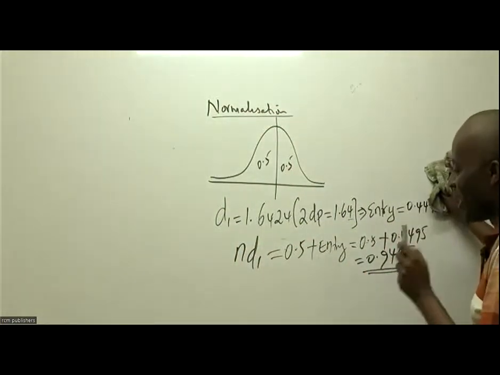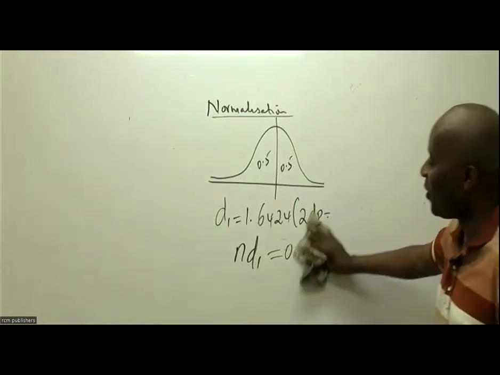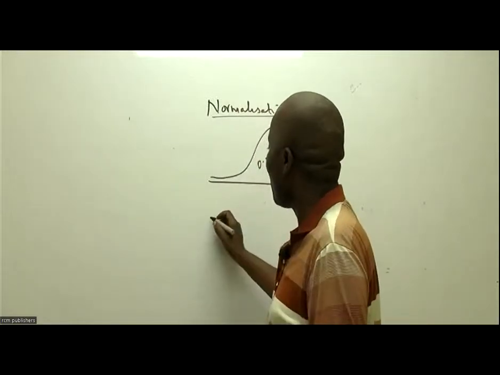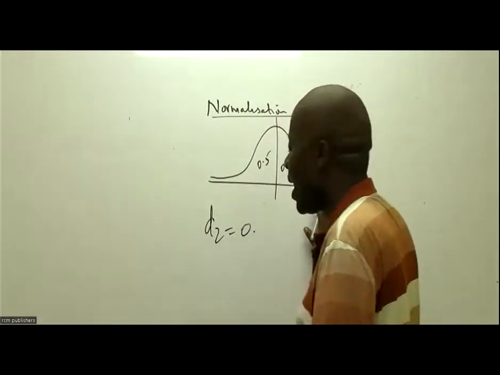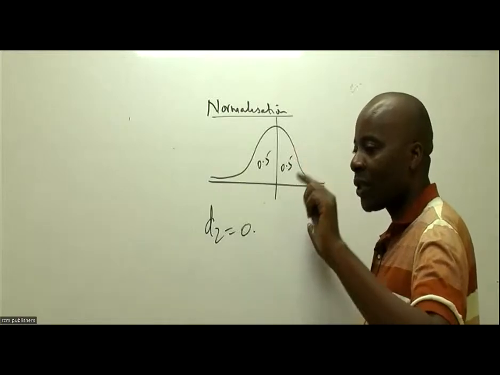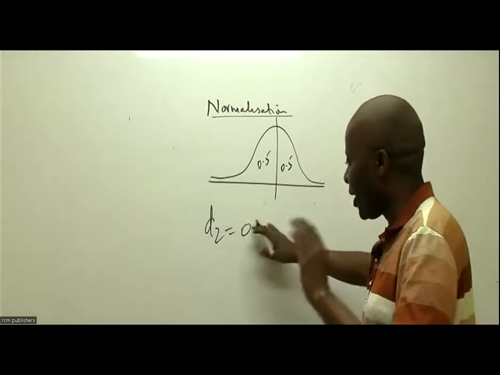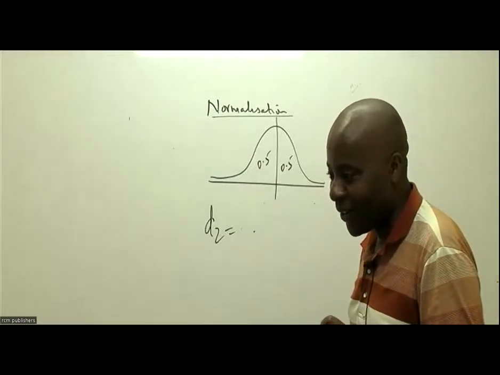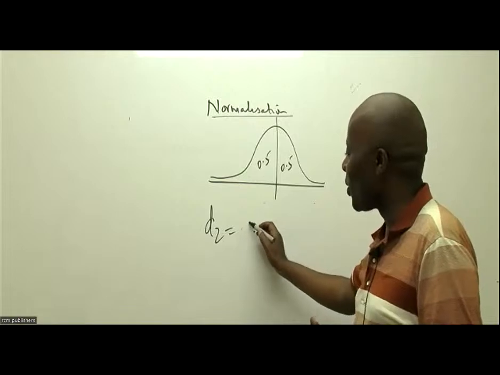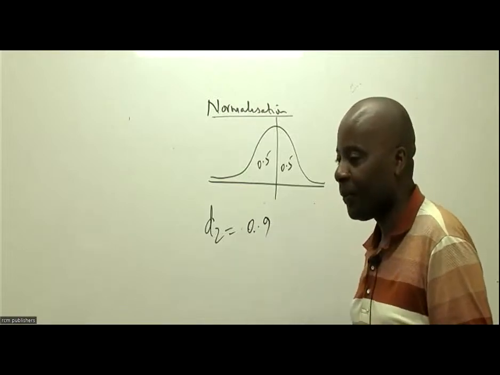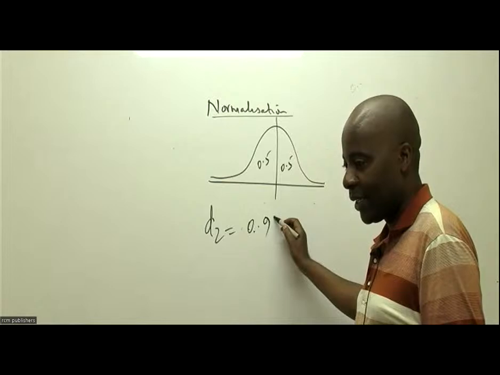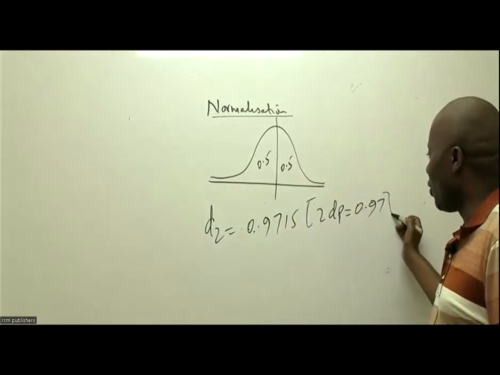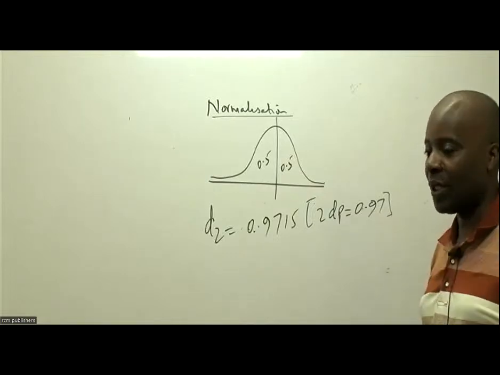So that is ND1. You can see another tip there from our good friend: you save only on vegetables every day and you buy a calculator. So let's go to D2. Let me remind you, D2 was 0 point something. A student asked, what if D2 is negative? First, give me the value of D2. It was 0.9 something, 0.97715. So to 2 decimal places this will be 0.97, because in normalization it must always be 2 decimal places.